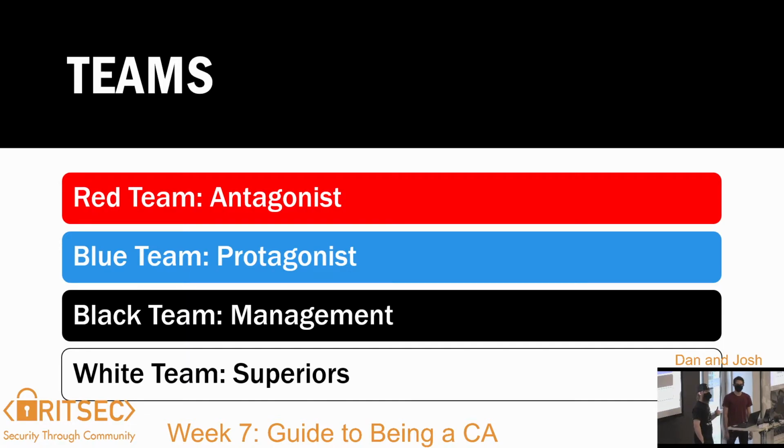In the theme in the ISTS at least for the last two, we've had a role reversal where the blue team is actually the bad guys in the scenario, but that's up to you. Just remember that they should probably be opposing sides. Black team is generally the upper management of whatever scenario organization you have. These are the people that everyone answers to, and the white team are the superiors to the blue team in that organization as well.